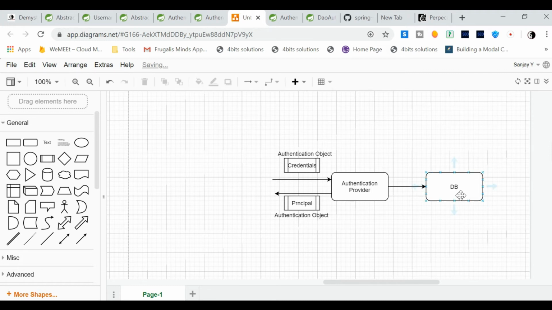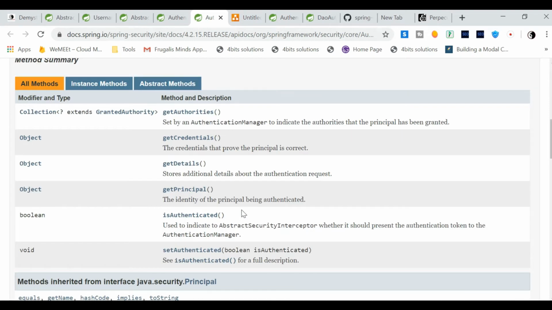So it tries to validate the username credentials, and then it tries to set the principal and authorities along with that. So this basically returns me an authentication object. If you have a look at the authentication object, it has something known as getCredentials and getPrincipal. getCredentials is nothing but once the authentication provider tries to get the username and password, that's the place where getCredentials gets called, and once the username and password are validated, they return a principal object. That principal is retrieved through the getPrincipal method.